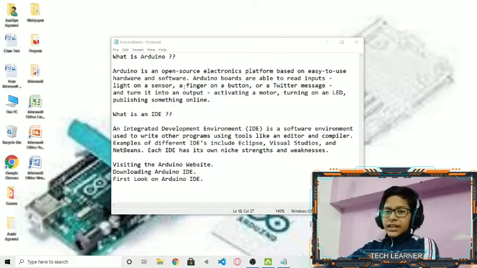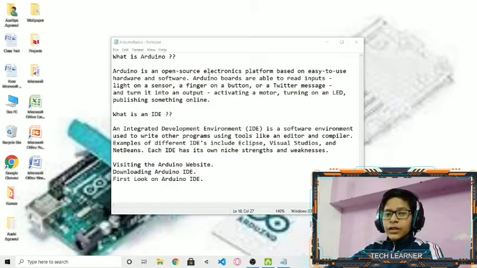So recently I said that we would be taking a look at the Arduino IDE. So what is an IDE exactly? An IDE is an integrated development environment. It is a software environment in which we write our programs using tools like an editor and a compiler.